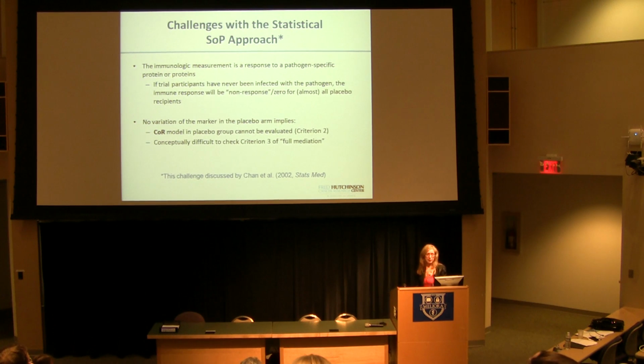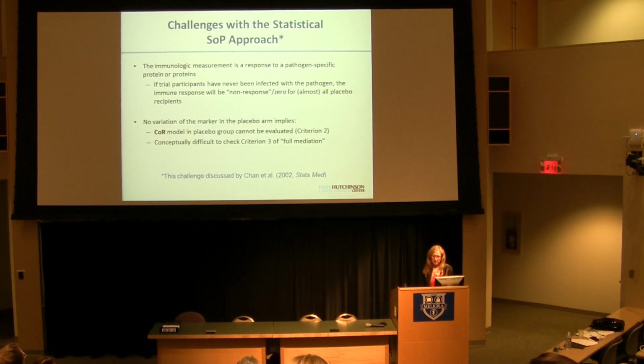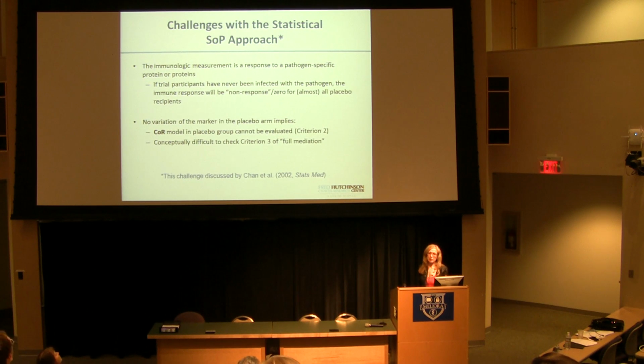It works very nicely for that example, but there are some problems with the statistical surrogate protection approach. The one that we already alluded to is that the immunologic measurement is a response to pathogen-specific protein or proteins. You would expect in most cases that the trial participants have never been infected with the pathogen, so the immune response would be 0 or non-response in most cases. In fact, you sometimes screen people beforehand and say, we will only take them if they're immune naive. Then you have a problem in the placebo arm: you can't look at the correlative risk model in the placebo group, because criterion 2 can't be evaluated because it's 0. So there is no correlate of risk. And it's also difficult to check criterion 3 for full mediation because you have no variation in that group. So it's not really that easy to even do a statistical